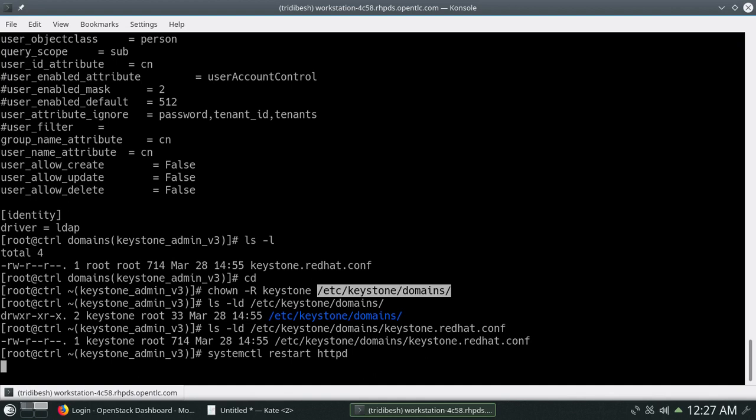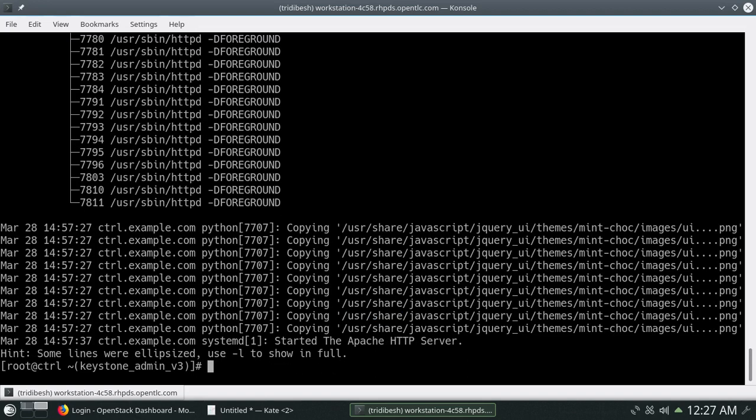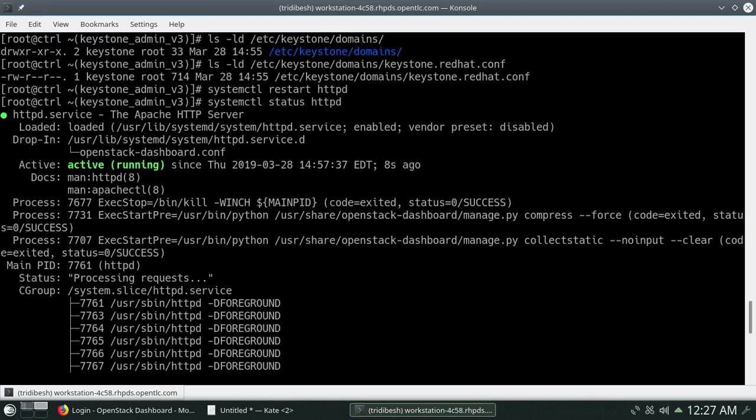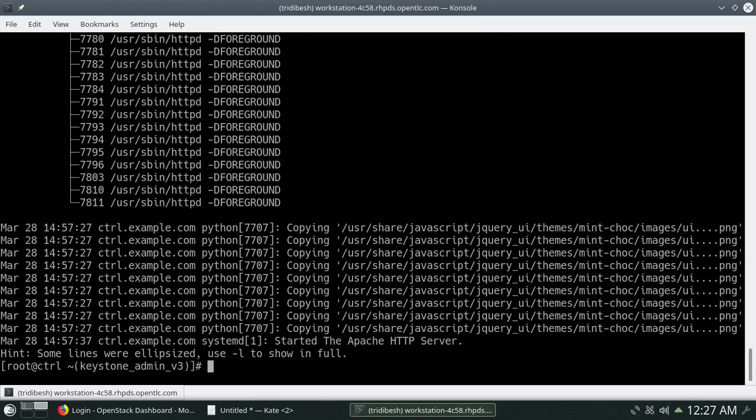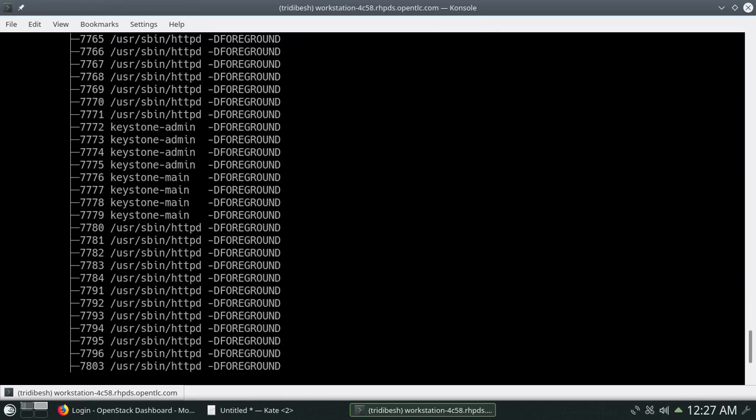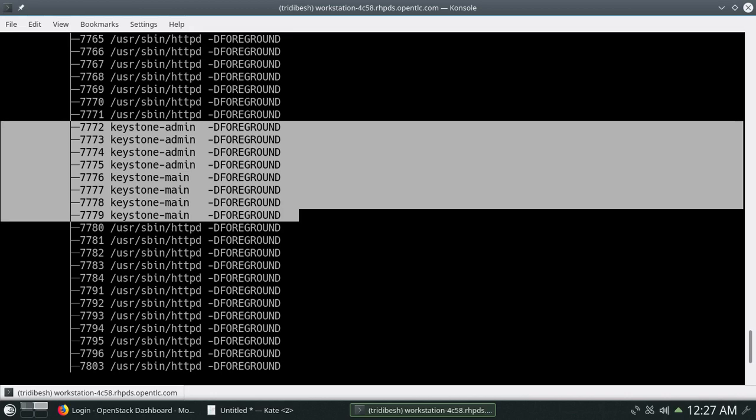It will take some time to restart because it will be restarting in the background for Keystone to reload the newly made changes. Let's verify the status also. You can see it's active and running. You can see here Keystone is also coming under HTTPD.